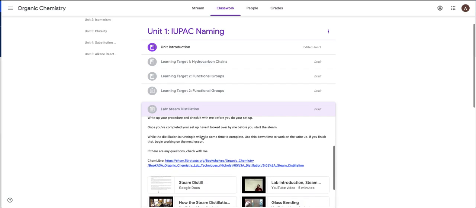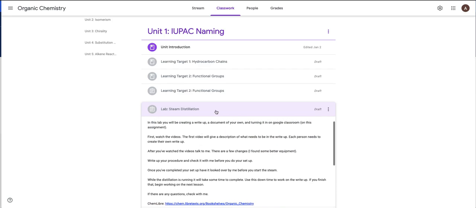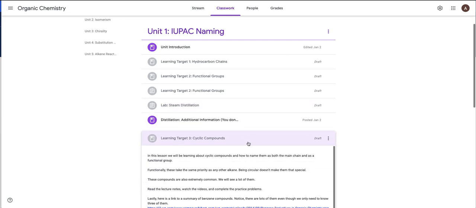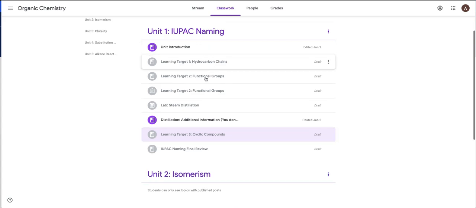You'll work through a lab when it's available. A lot of these labs will have some amount of downtime, like the distillation. While the distillation is running, it can take between 2 and 4 hours total. So during that time, you'll be able to work on the next learning target. So once you come in here, you should be able to go through, look at all these learning targets, kind of review what you're expected to learn, make sure you've got a good understanding, check your work as you go through,